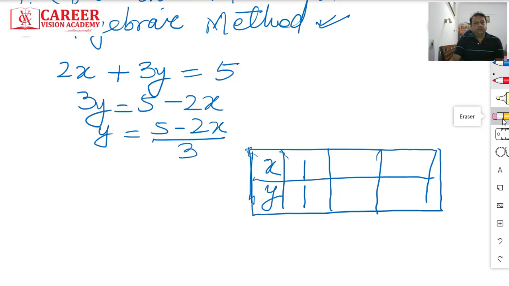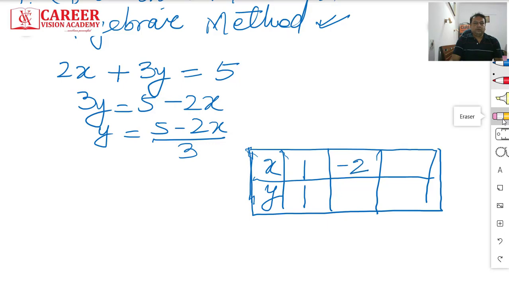We will try to take the points so that we get the values of x and y in whole numbers, so that it is easy to plot in the graph. Again, what shall I take the value of x as, so that I may get the value of y in whole numbers? We can take any values. You can take the value of x as any of the integers, negative, positive, okay? So if I take, say,